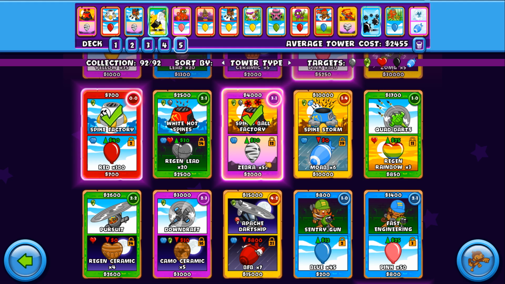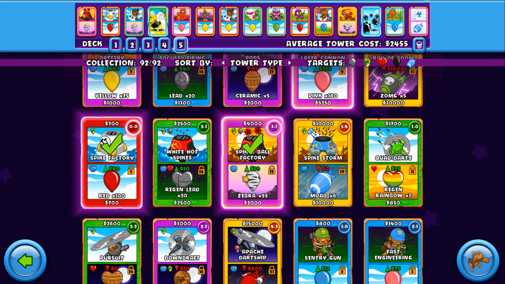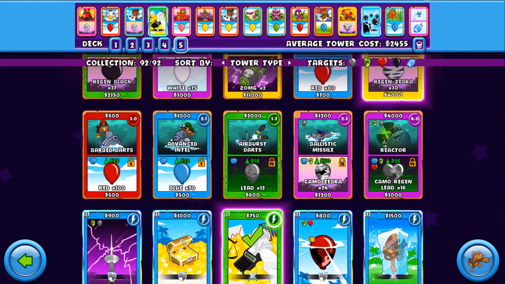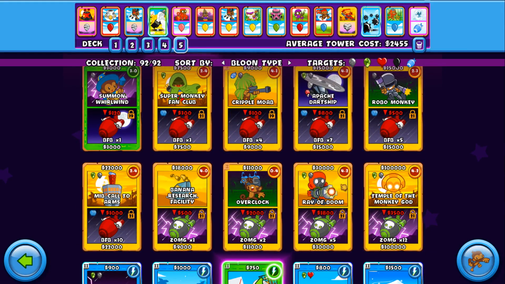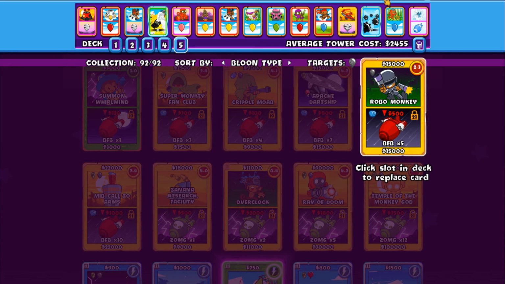Adamant. I guess I'm adamant about the Spike Factory being better than the Balloon Chipper Rush. But I'm going to try to do one more game, but this time I'm actually going to switch over to try and play a little bit more of a late game thing. So let's change over to Balloon type. I'm going to go for a... Let's go a Robo Monkey instead of